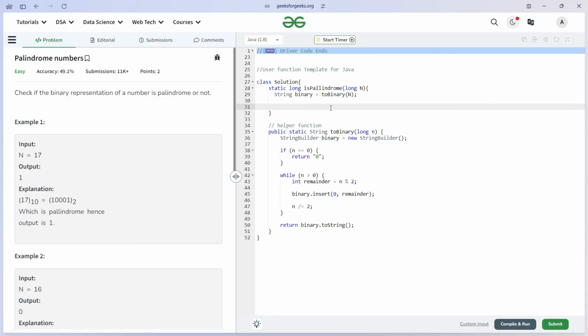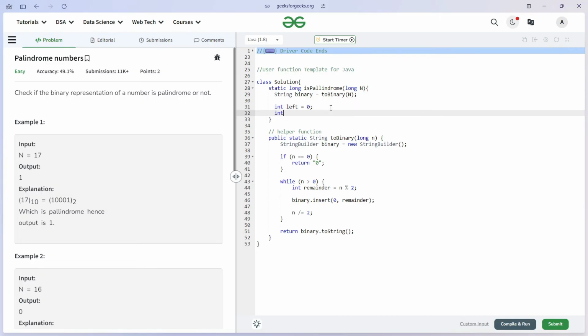For that, I will take int left is equal to 0. Okay, int right is equal to the length of the string. For that purpose, we will utilize a built-in function, that is basically binary dot length. It gives us the length of the string and we will minus one from it, because in Dart language